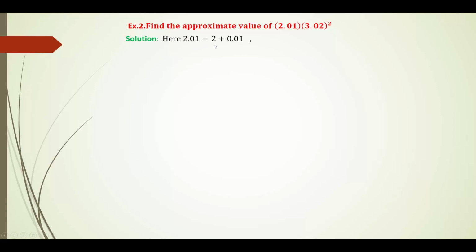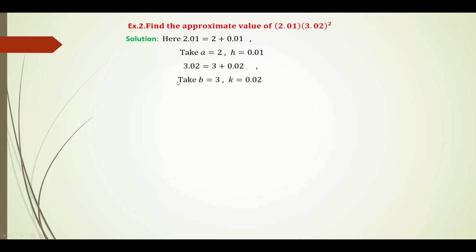2.01 is equal to 2 plus 0.01. So take a is equal to 2 and h equal to 0.01. Similarly, write down the second value 3.02 as 3 plus 0.02. So take b equal to 3 and k equal to